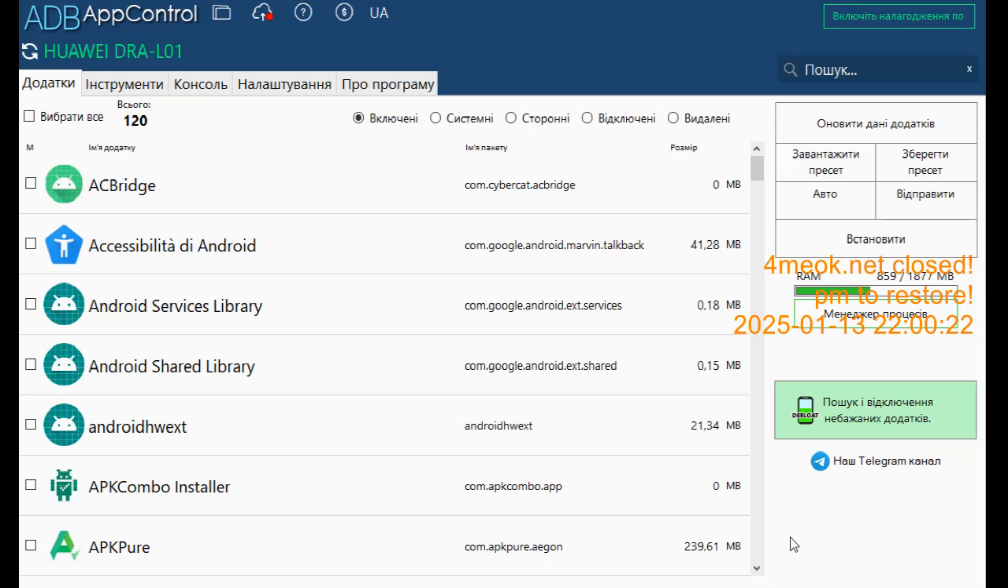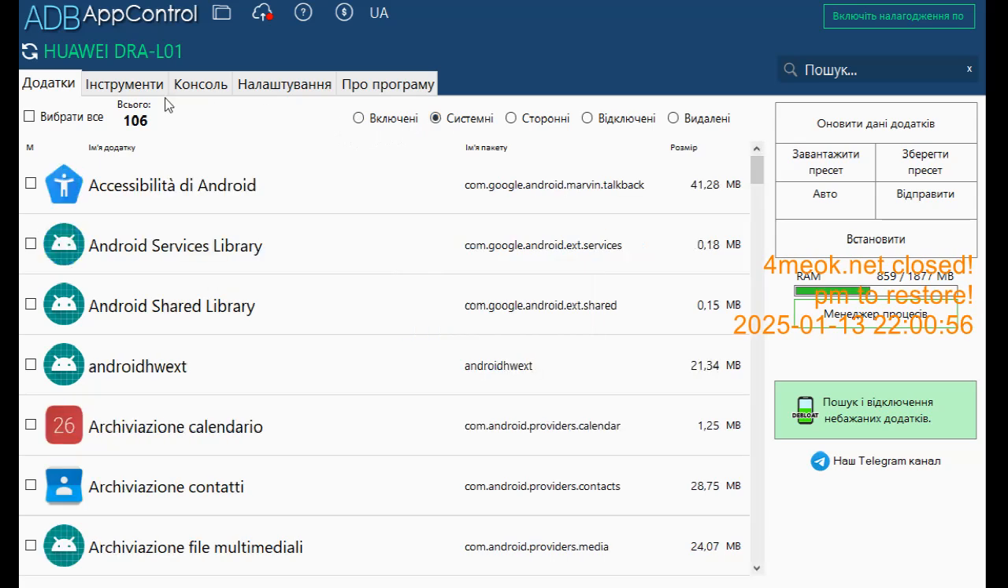So, for a phone like the Huawei Y5, for example, 2018, 2017, 2019, 2016, or any other similar type with Android 8, you can safely disable such applications. So in general, system applications are of